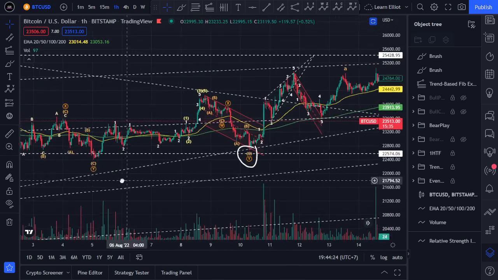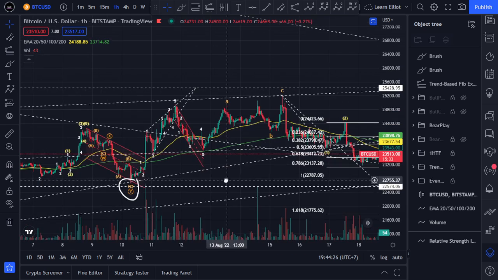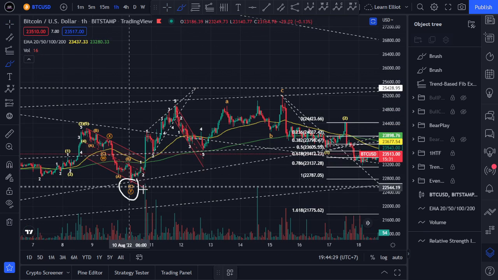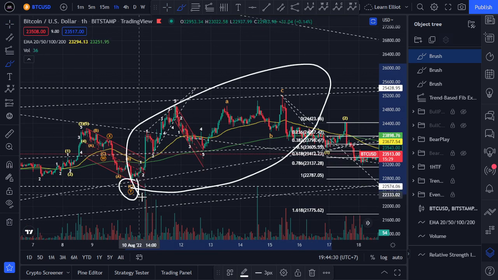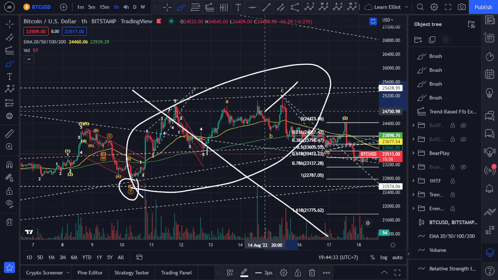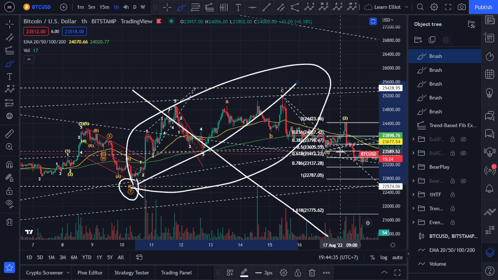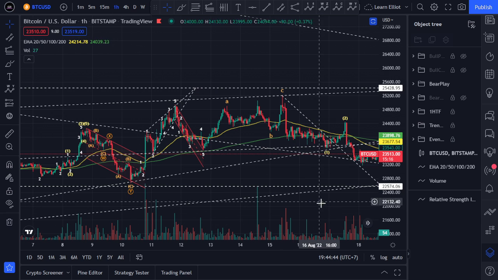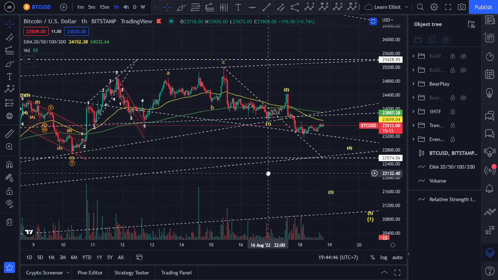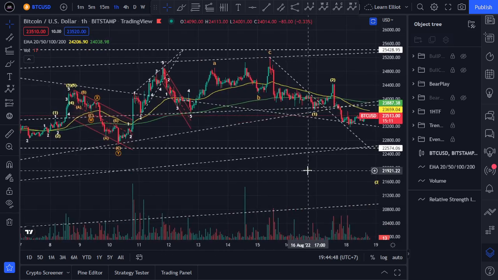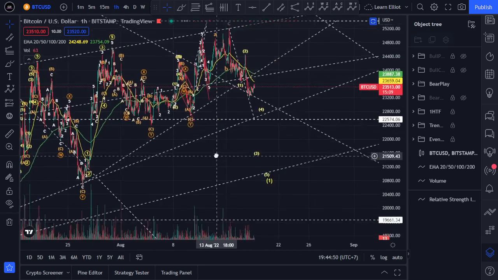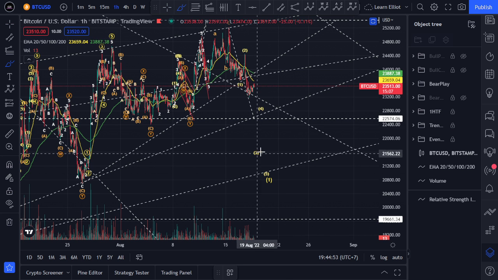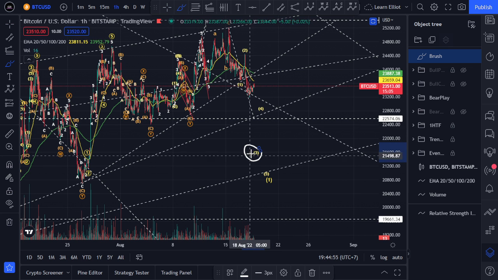That will make the wave count for the bull case scenario here invalid, so that will make the bear case scenario more likely to be in play. But it also doesn't change that the bull case scenario will not be able to play if the price actually reaches the target of this 161 Fibonacci retracement to complete the third wave here, because